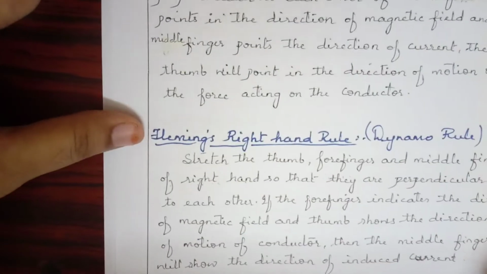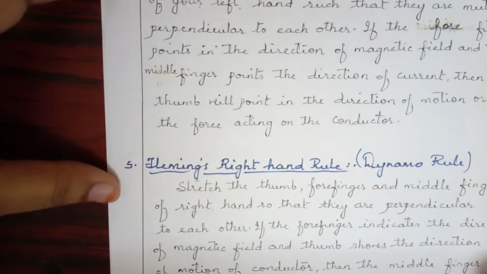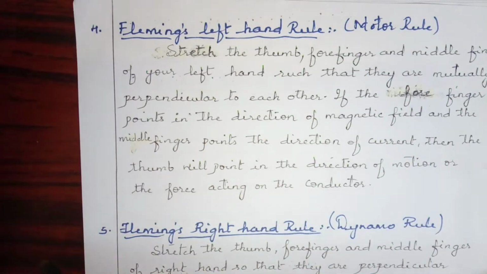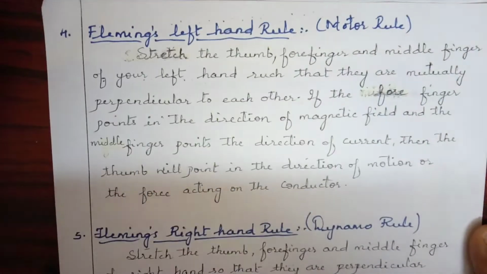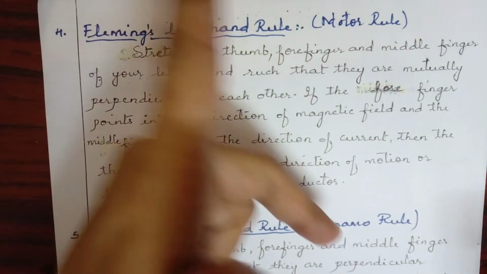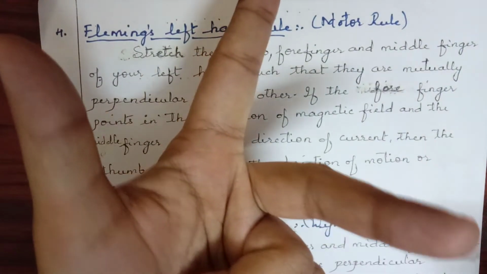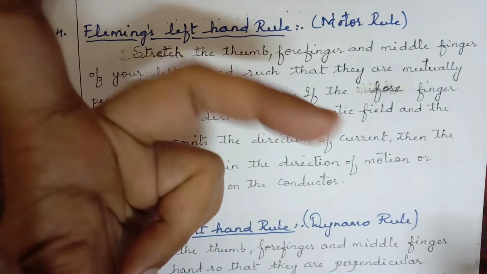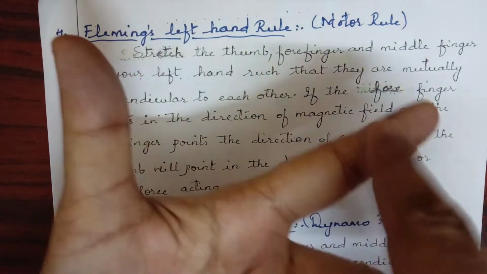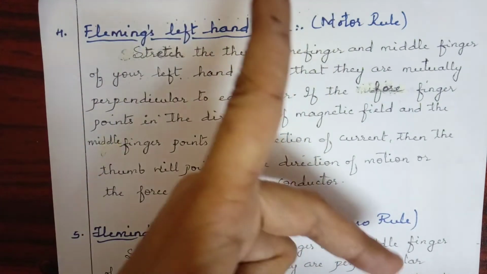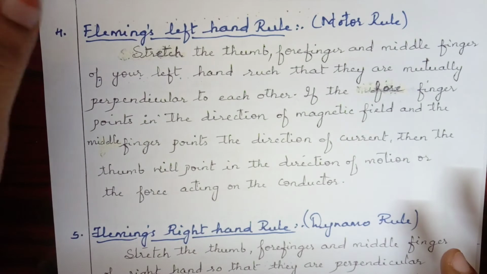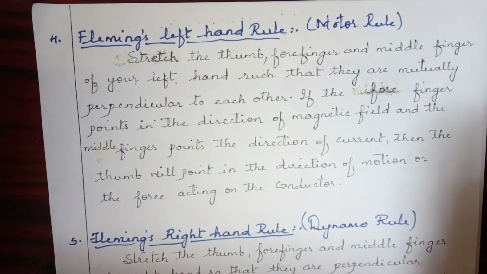Now from the same chapter you have got two more laws, that is Fleming's left hand rule and right hand rule. One easy way to remember them: in both these cases, you are just holding your thumb, forefinger as well as your middle finger in this way. See, they are 90-degree and this one is 90-degree. So in such a way you are holding it, and then everything is same: thumb, forefinger, middle finger, mutually perpendicular to one another.